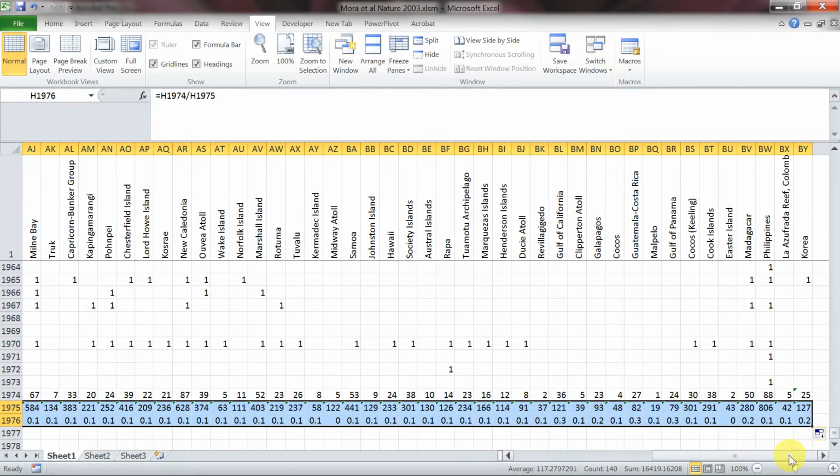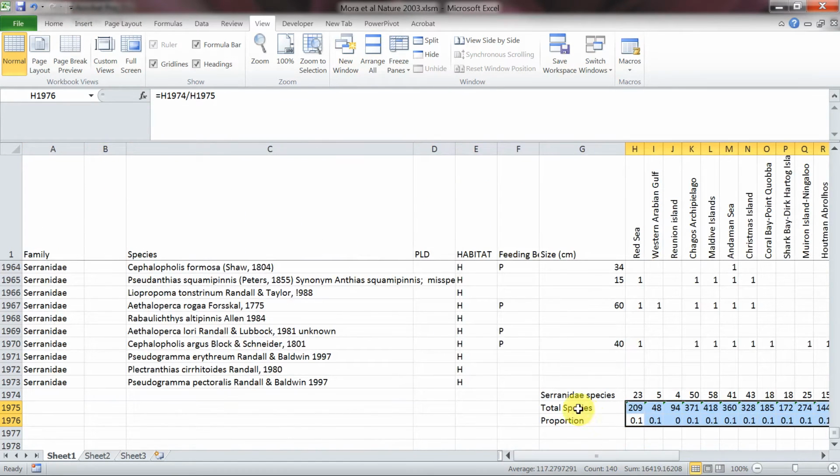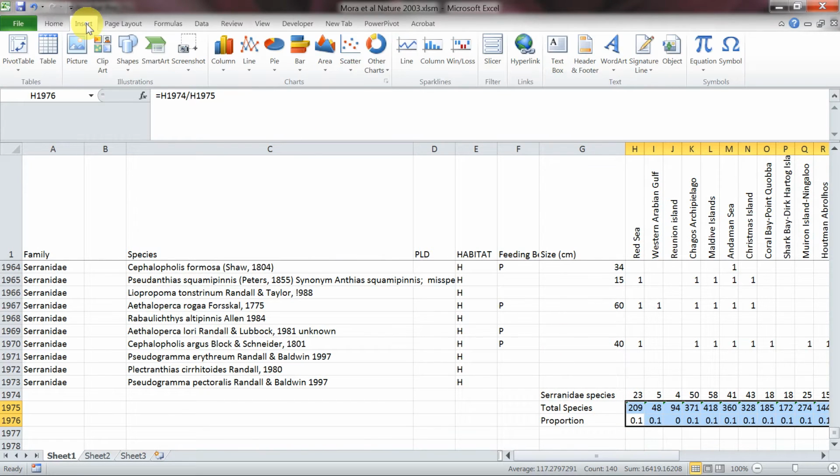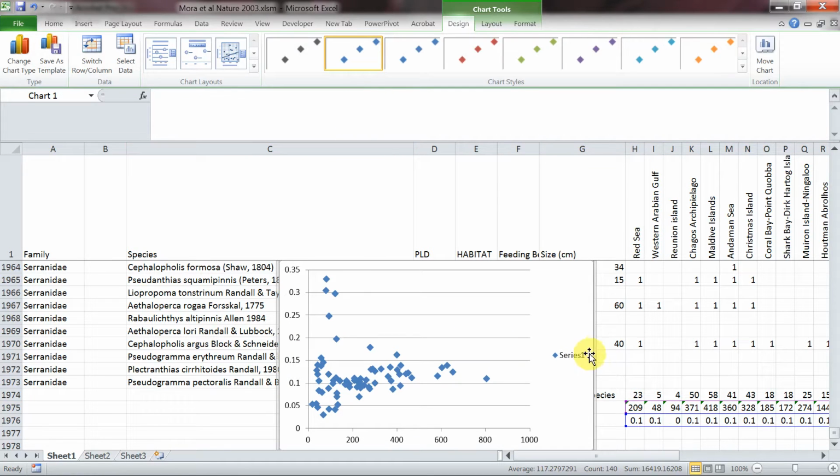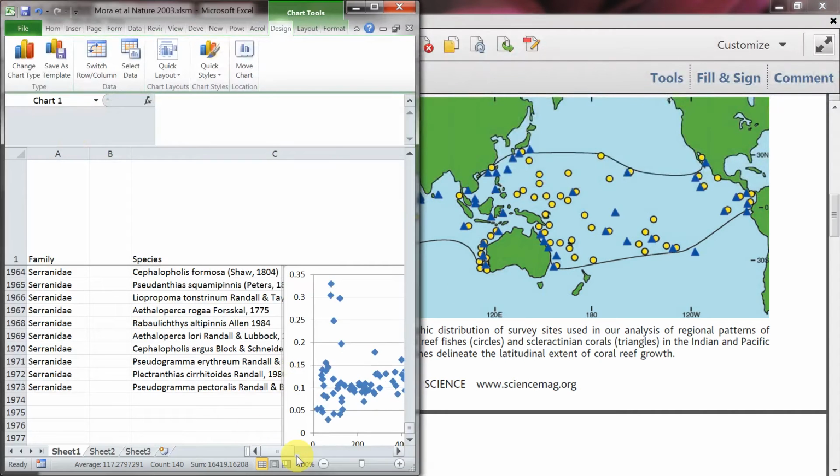So you select the 2 rows that we want to plot, total number of species and their proportion. You go to insert, scatter, and then we just do a plot there. So here again, you can see in the x-axis is the total number of species, and on the y-axis is the proportion of species in the family Serranids. Now we just move that to the side,